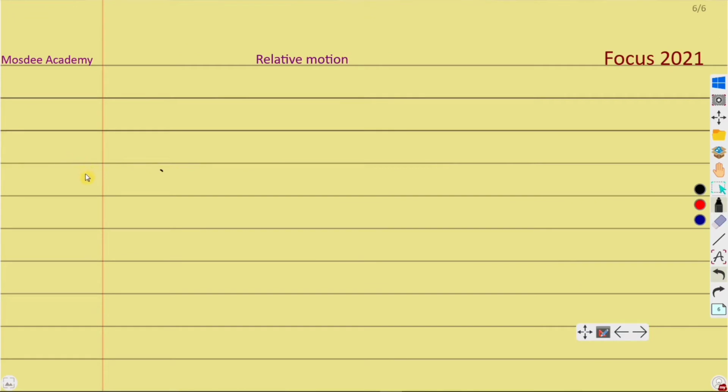As discussed in the early classes of this motion, we said the motion of a body with respect to a particular reference is called relative motion. Now that we've discussed in the early part of the syllabus what we call the frame of reference,